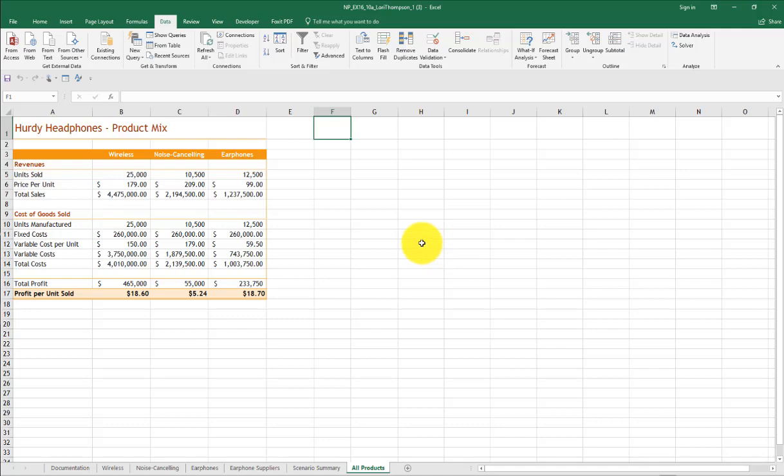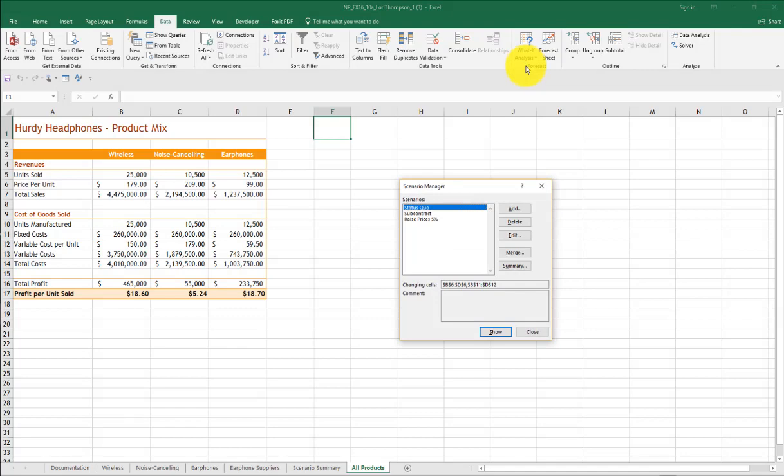So for step 15, we want to make sure that we're back onto the All Products tab, and we're going to use the Scenario Manager once again to compare the profit per unit in each of the scenarios. So the first thing that we want to do is create a scenario pivot table. And we're going to do that by going to the Data tab, What If Analysis, Scenario Manager,